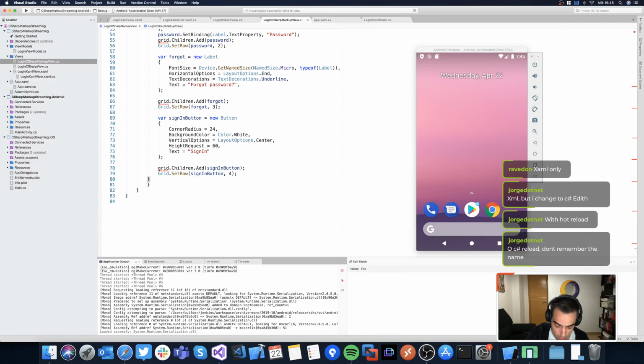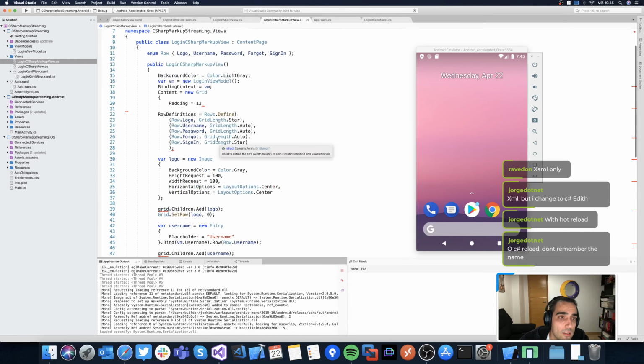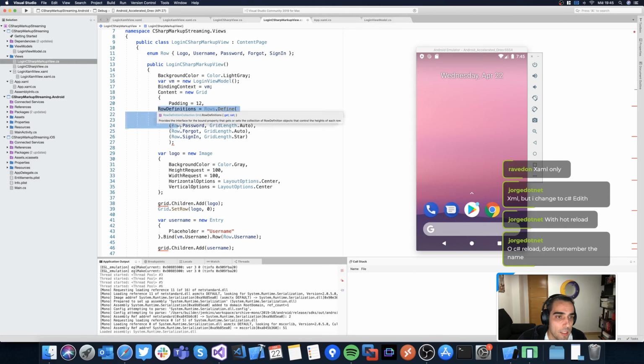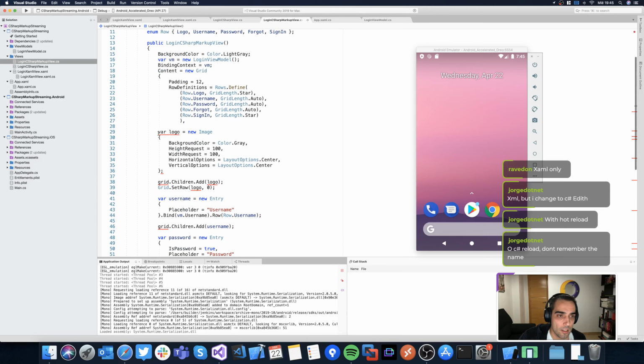There are many errors, but it will fail at the beginning, but well, it's easy to fix. We can set the row spacing, then set the row definitions, and then we need to set the children, and